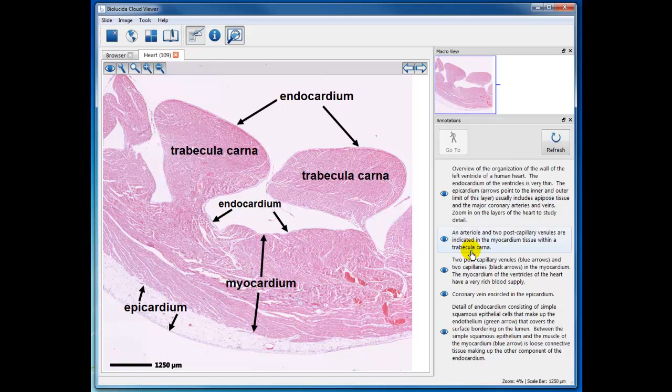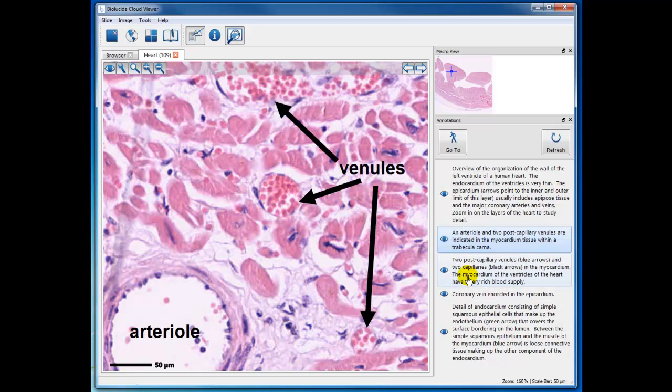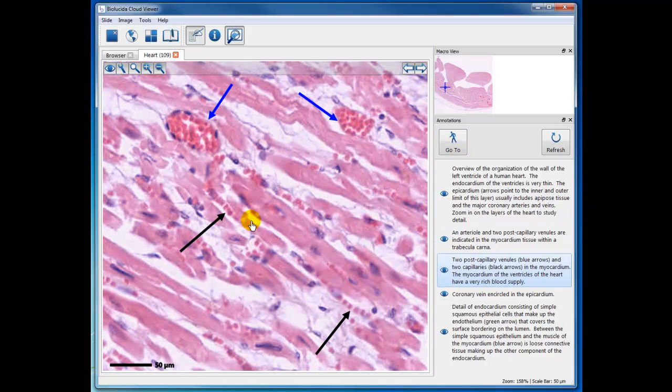And so when you go through the various annotations, it will take you to some details. For example, venules and arterioles that you're learning about in Module 3. And then this is also pointing out capillaries with red blood cells in single file, just about the diameter, or even less than the diameter, of the red blood cell, which is 7.5 microns, but most capillaries are about 5